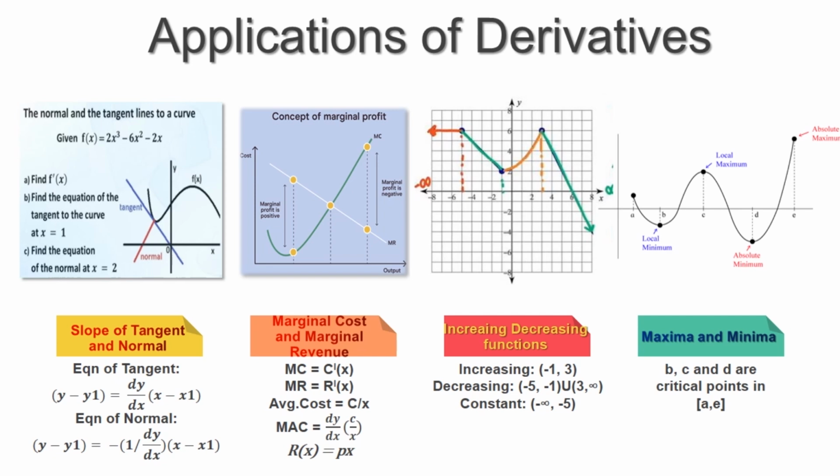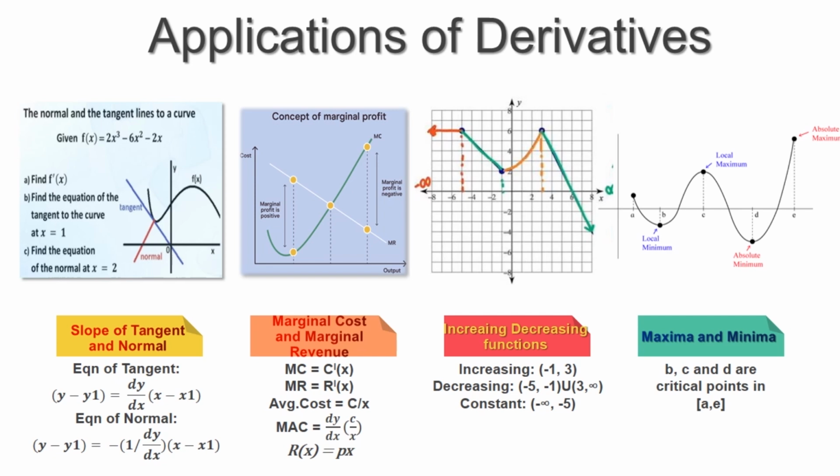Next is maxima and minima. Maxima and minima, you can complete by either the first order derivative or the second order derivative. Either way you can proceed. If they specify in the question to do it by a particular method, follow that. The first thing is, you have to find the critical points. The critical points are found by making dy by dx equal to 0. That means the tangent is parallel to the x-axis, and you will get the critical points. So here, what is absolute maximum and minimum?